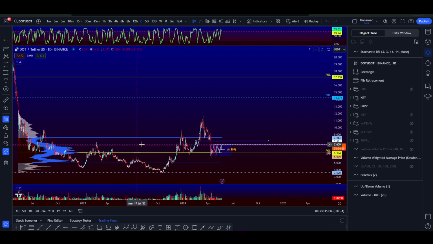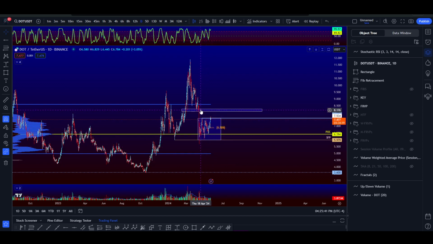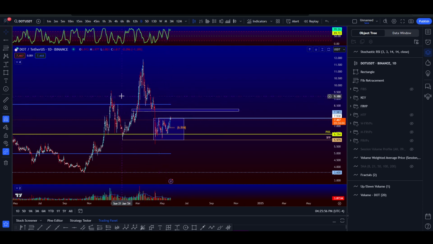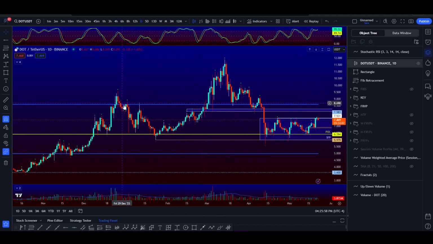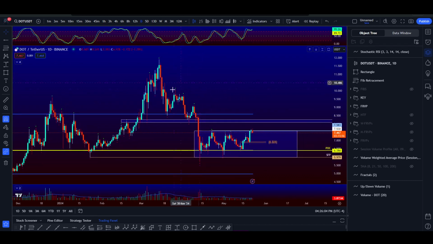Now, you can see here, we attempted to trade above the value area high, broke down, failed, and got accepted into the value area high. And then typically this point of control will act as a magnet. As you can see, it happened a few times, right? So price attempted to trade above, failed, gained acceptance. Once it gained acceptance, price rotated down to the point of control, found support, attempted again, found support for quite